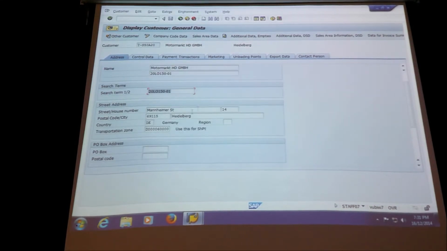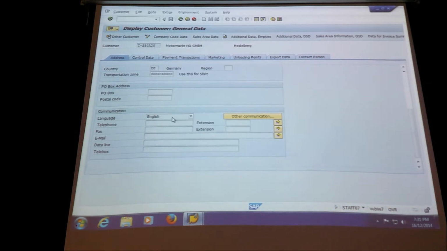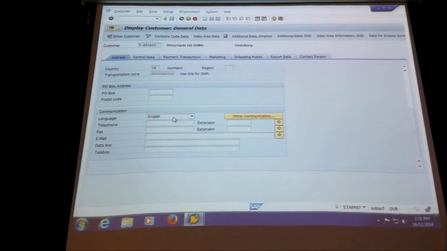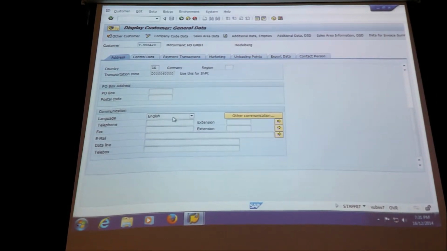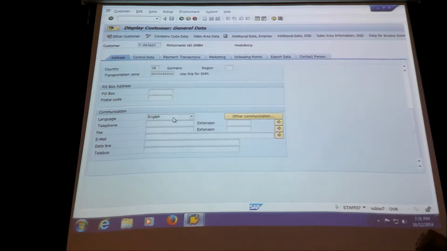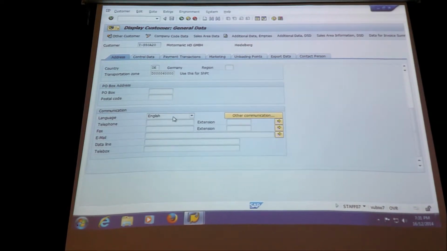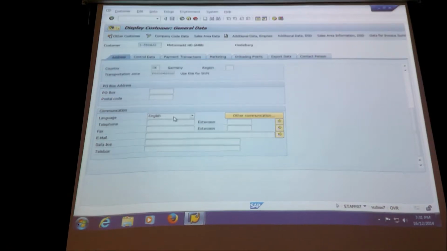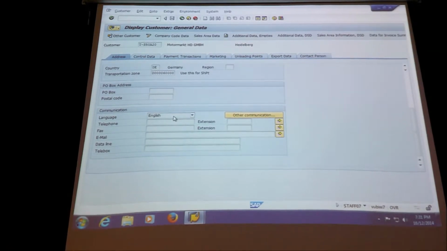Okay? Now, here you have the language of the customer. The language is important because it traces into the language of the material master. If the language of the customer is Japanese, later you will see your material master can have different descriptions in different languages. So if,